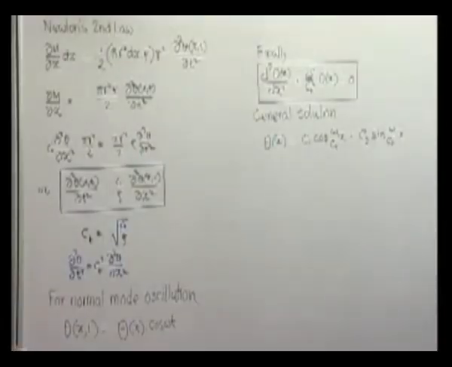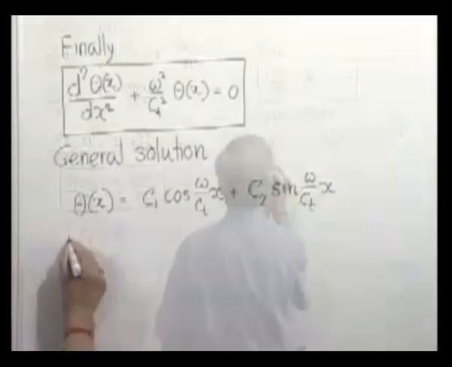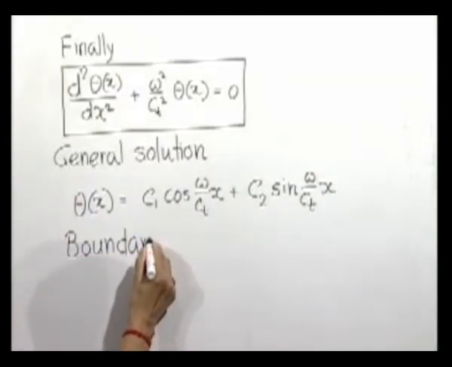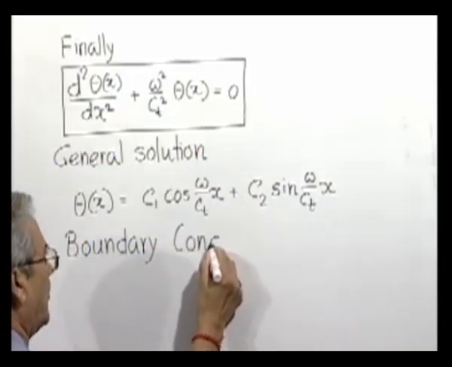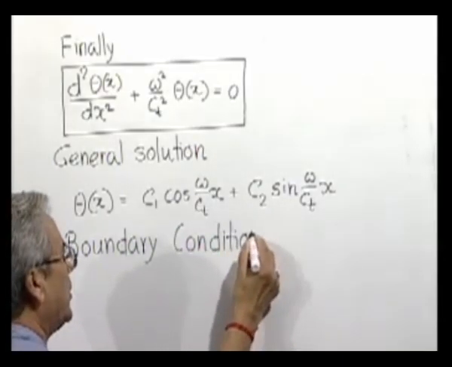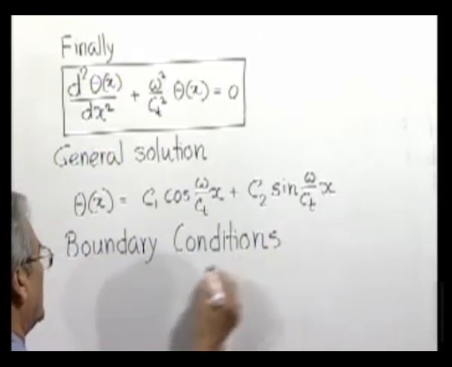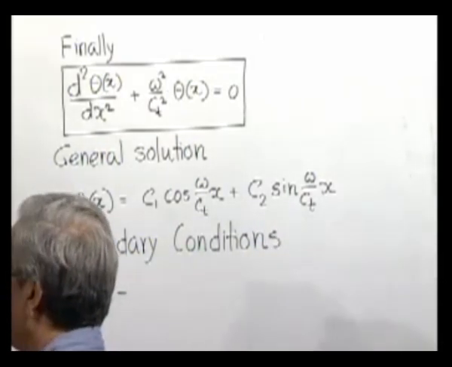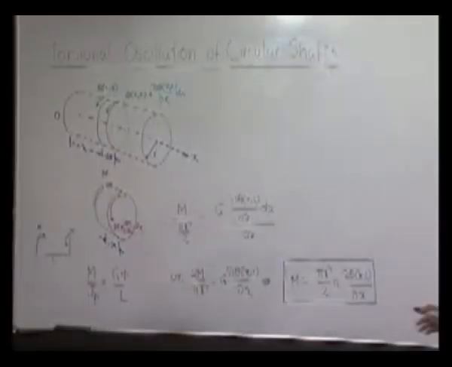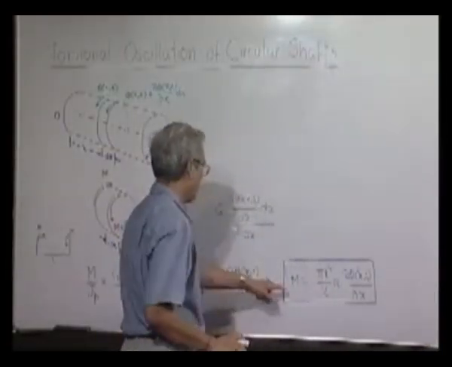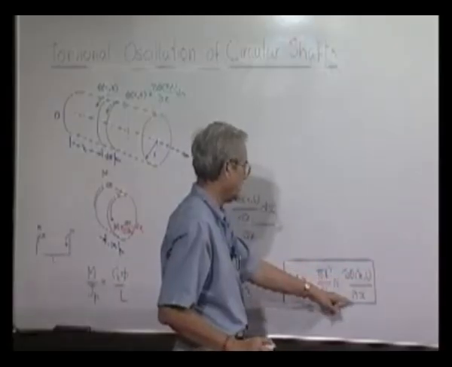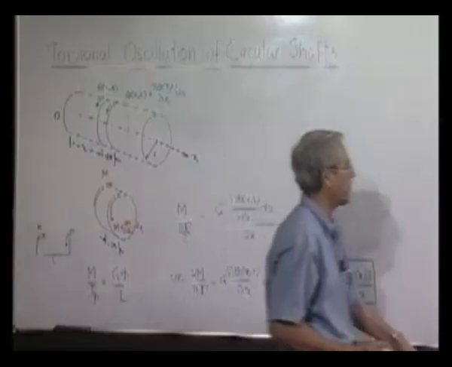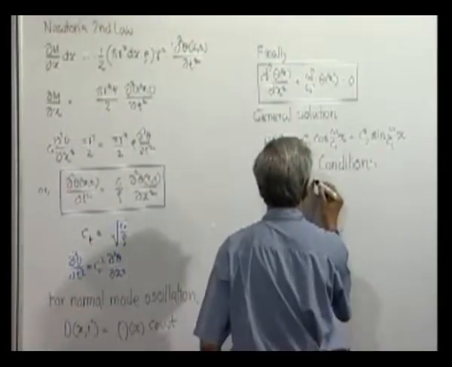For example, here also we will find boundary conditions can be of two types. Free means no torque or no moment acting there, and as you know, moment is proportional to del theta by del x. Forget about the cosine omega t, and if that has to be 0 all the time, it means it is the same as